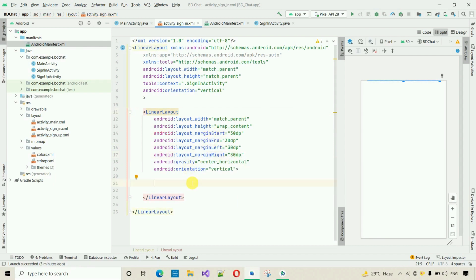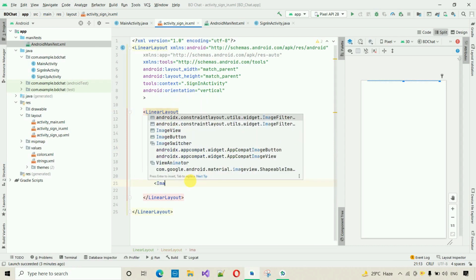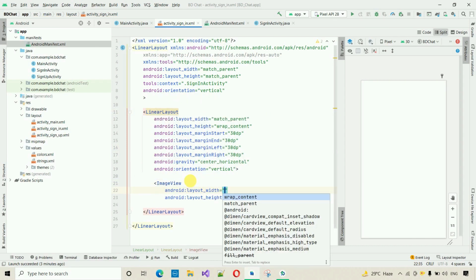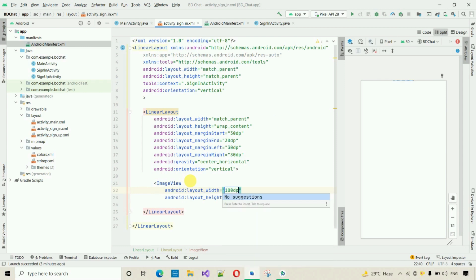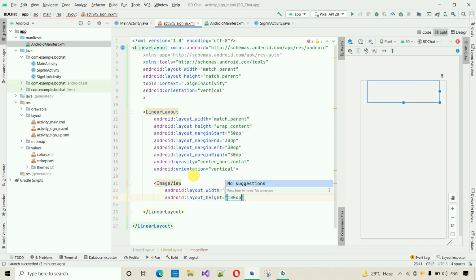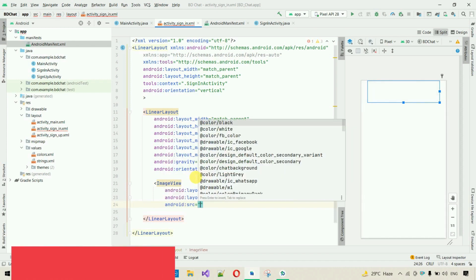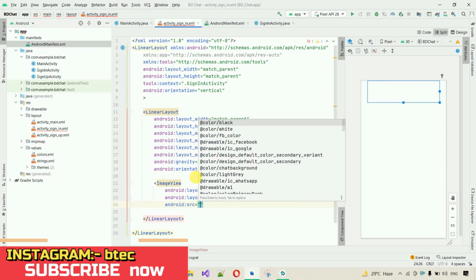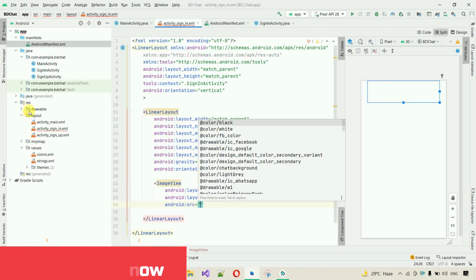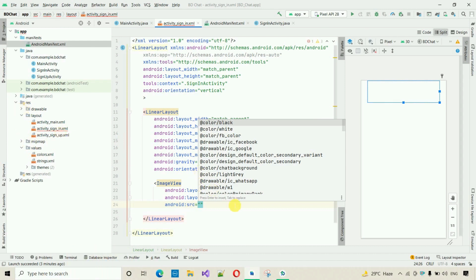Inside this one I'm going to put one image view, because we have to set the image of WhatsApp. So image view, width will be 100 dp and the height will be 100 dp. After this I'm going to set the image inside this one. So I've already provided all the drawable images I'm going to use inside this complete project. So I hope you have downloaded that image. If not, then just go to description, there I put the link for the images. Just download it and add into this drawable file. So I have already added, so I'm going to use this one